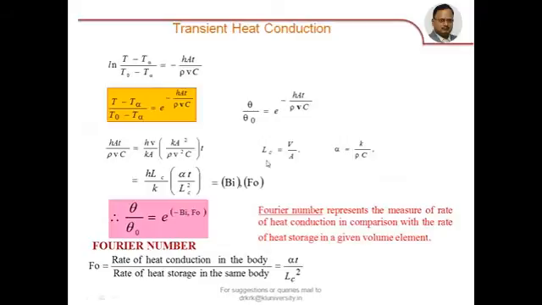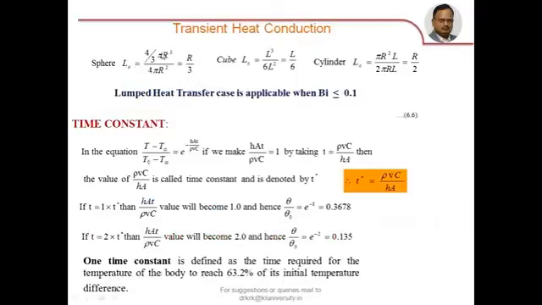And what is this LC? The LC represents characteristic length, which is nothing but volume by surface area. For a sphere, LC is its volume by surface area, R by 3. For a cube, LC is L by 6. And for a cylinder, neglecting the end surface area pi r squares, you will get cylinder LC equal to